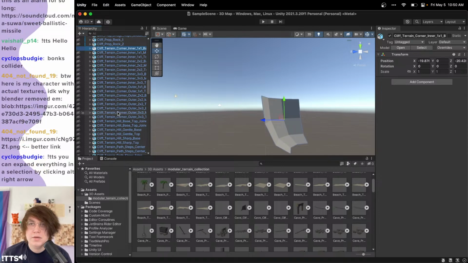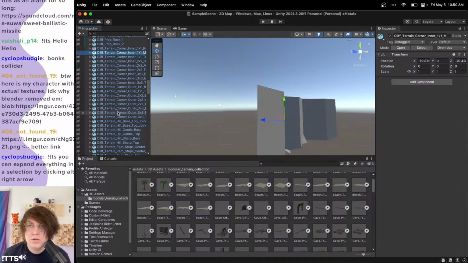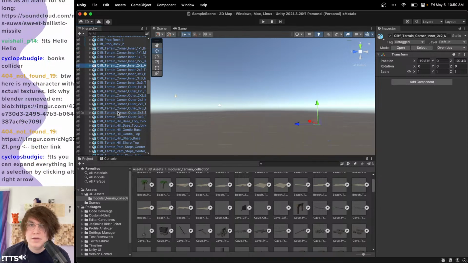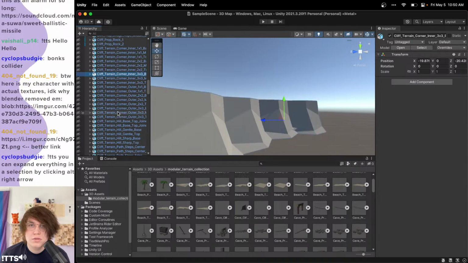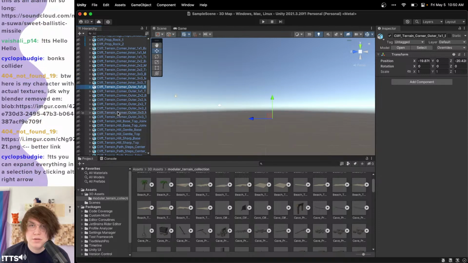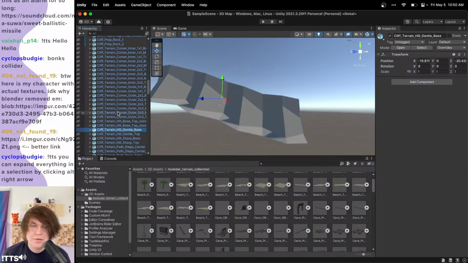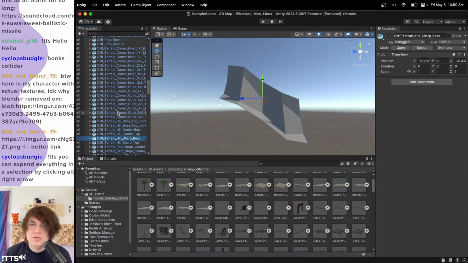Oh boy. Okay. Great. It is actually quite nice to have all of this mesh because it means we can do a whole lot very easily, but also